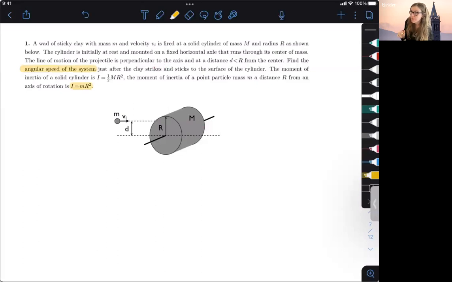Okay, so two things. This is an inelastic collision because the wad of clay is sticking to the cylinder. And what we know from inelastic collisions is that we're not using conservation of energy here. So conservation of momentum is fine. The cylinder rotates after the collision, which can make things a little bit difficult. We're looking at different points essentially. So we're going to start with finding the final angular momentum, and then we're going to relate it to the initial. So this problem won't be super complicated, but there's something I really want to point out that I think